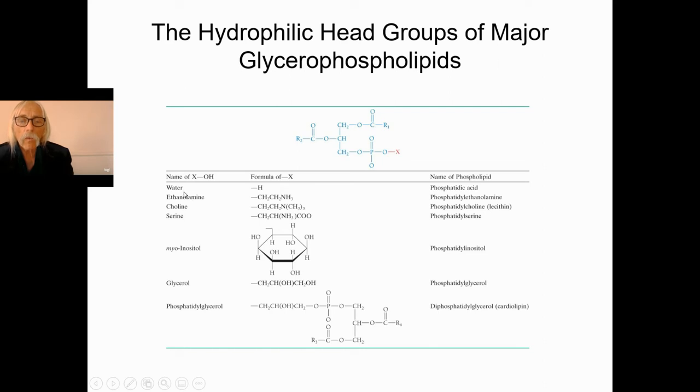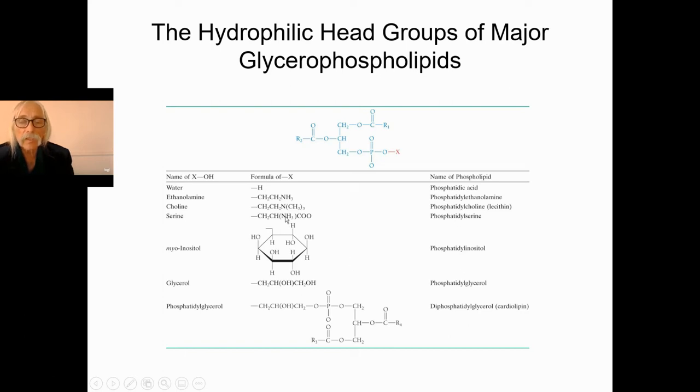It can be water, ethanolamine, which we saw recently, choline, the amino acid serine. It could be a sugar known as myo-inositol. That's what myo-inositol looks like. It's a hexose sugar. It could be glycerol itself. So you can have phosphatidylglycerol, where you have a glycerol attached to the 3 position, but you still have the glycerol backbone, understand, right? And that's what we're talking about here with phosphatidylglycerol. That's what it looks like, you see, showing you. So the name of the lipid, if it's just water there, it's going to be phosphatidic acid. If it has ethanolamine, it's phosphatidylethanolamine, phosphatidylcholine, etc.